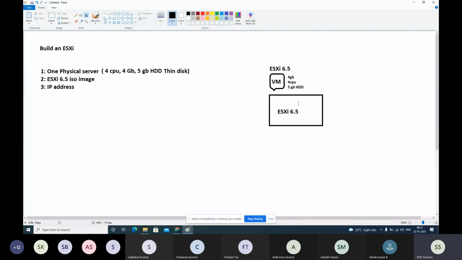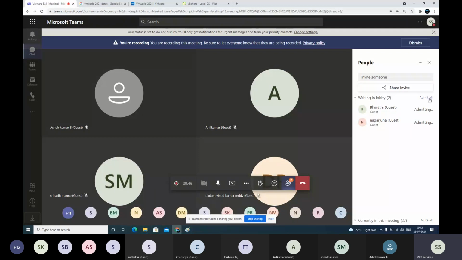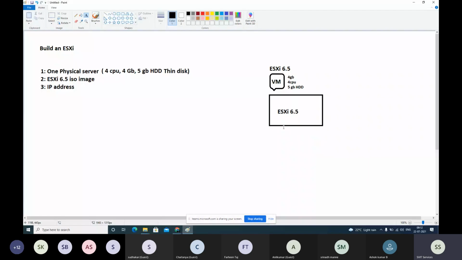In real time it will be the same. But even if you're in the lab, it's not like sitting in front of the machine. Even if you do it from a remote location, they will also do it the same way from here. If the physical server is in the same building where you work in your office, you will not go to the physical server. Sitting at your desk only, you will do it. Even if it is in the same building or in a different country, we follow the same method. You don't go directly to the physical server. That means there is no difference whether you install from the classroom or from remote. It will be the same procedure.